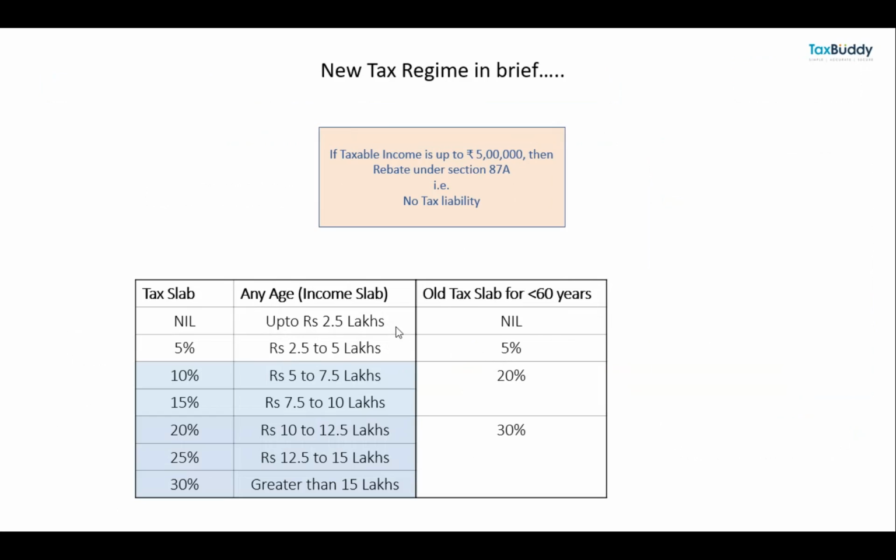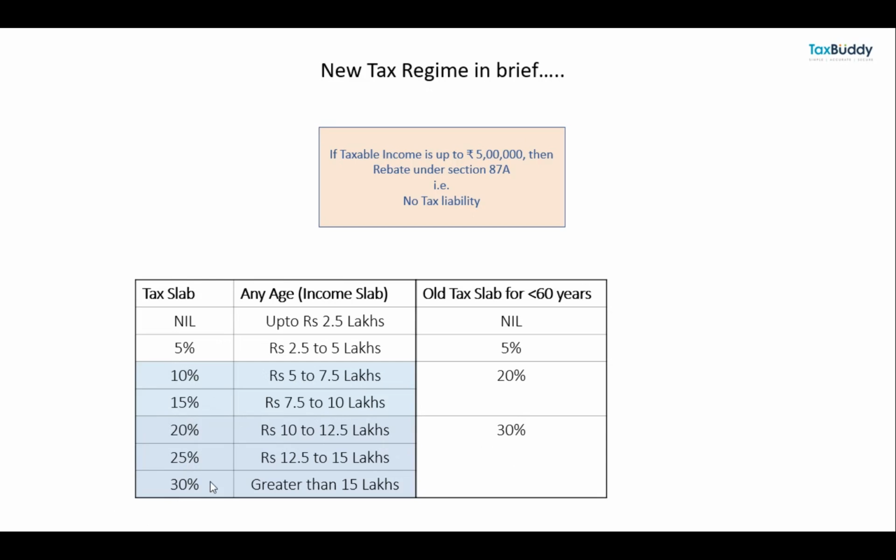Now let's compare this with the old tax rates. Here, as you can see, for income from 5 lakh to 15 lakh, the slab rates have been changed and income brackets have also been changed. Slab rate here in the new regime has been reduced. Where income ranges between 5 lakh to 10 lakh, in the old tax regime 20% was applicable, whereas in the new it's 10% and 15%. Where income exceeds 10 lakh, 30% was applicable, but in the new it is 20, 25 and 30%.